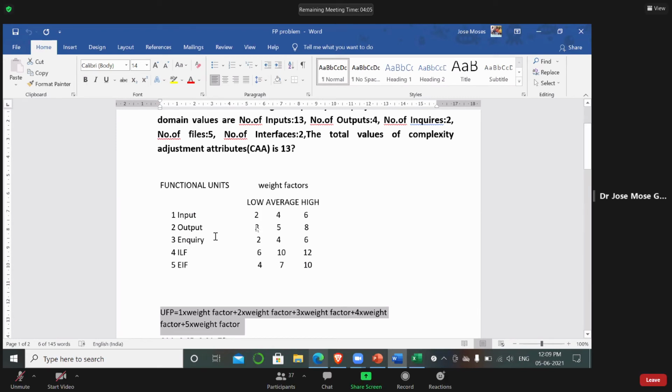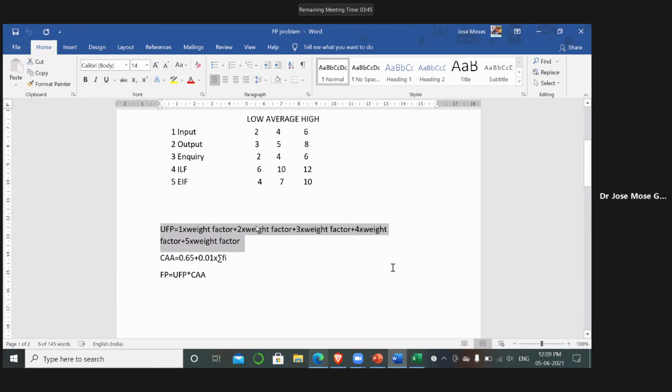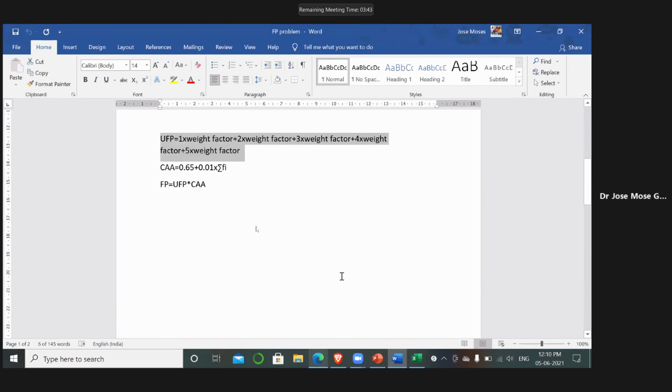The third value is enquiry. Enquiry is how much? 2. 2 into 4. Okay, so the number of files is 5, 5 into 10, and 2 into 7. That is what you are going to calculate. So all of you try to calculate what UFP is and let me know the answer.